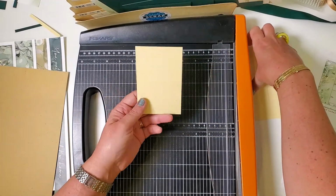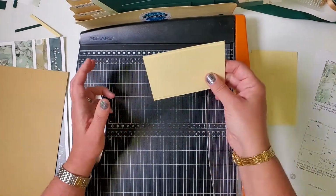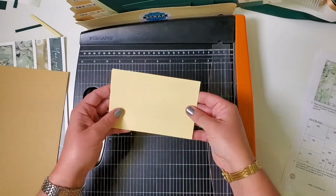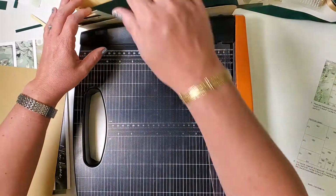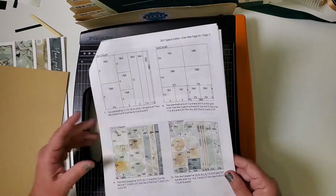Now, these are kind of weirdly sized pieces, but they have a real intended purpose, and I'm going to put them both in pocket 7 and 8. Next, you have 2 rectangles. Both of those also go in 7 and 8. And I'm moving on. If you've been trying to keep track on instructions, I've just moved on to page 3,